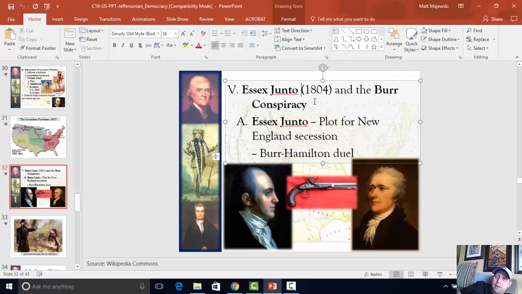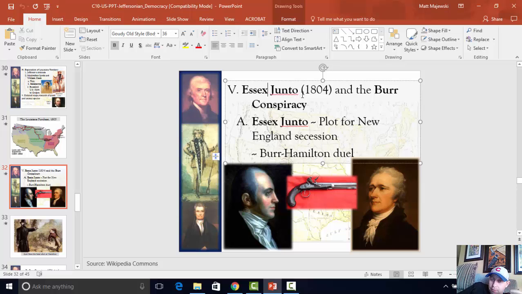And so, interestingly enough, what happens here is Federalists actually got together in New England, which was the last region, if you remember, where they had any strength. And they actually plotted secession. They wanted to break away from the rest of the country and create their own Federalist country. So these prominent Federalists secretly made plans to secede, to break away, to revolt from the rest of the country. They called it the Essex Junto. They made the agreement in a town called Essex. A junto is basically overthrowing your government with force.